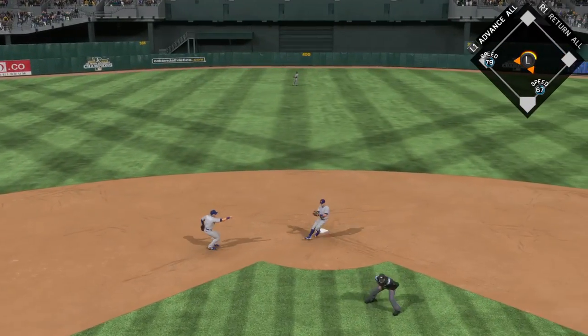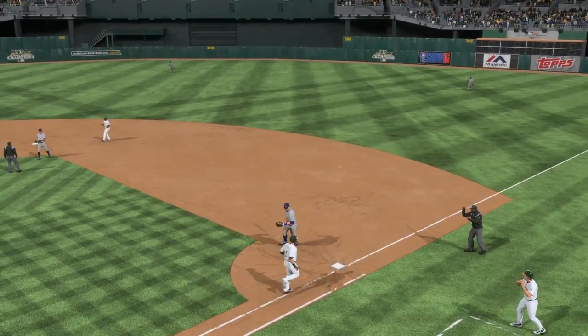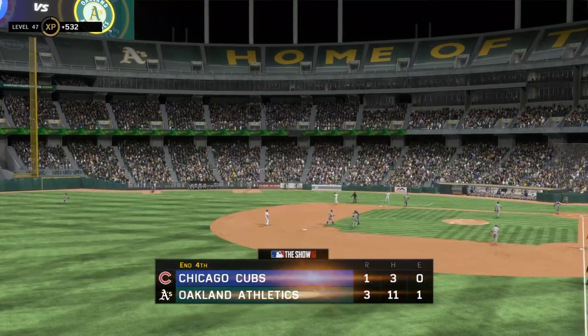Flipped out the other way towards short. 1 there. On to Cabrera at first. It's a twin killing in the...